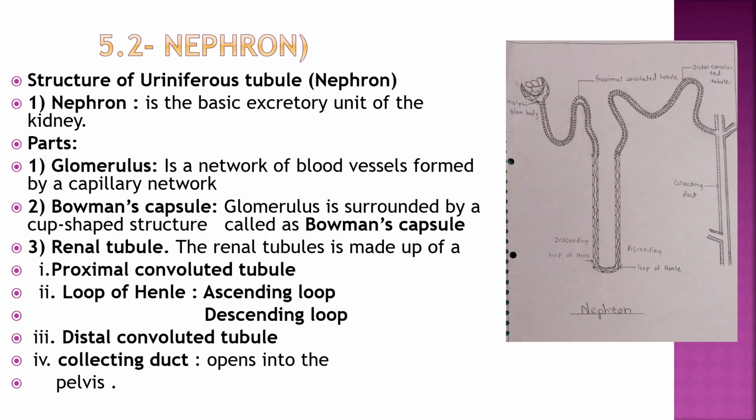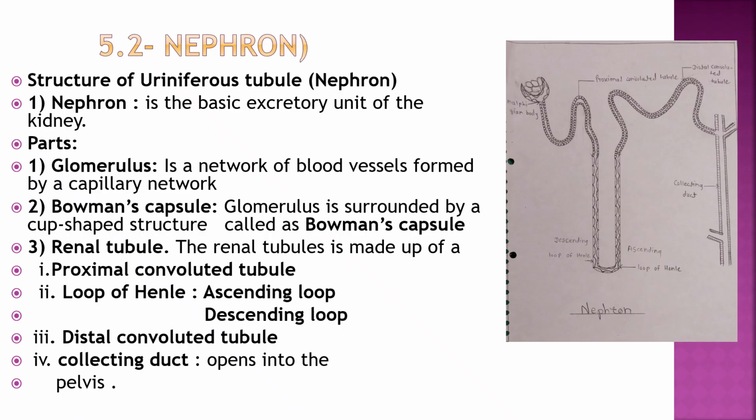The unit of the excretory system is the nephron, that is the uriniferous tubule, and you can see this diagram and the parts. First is the glomerulus, which is a capillary network, then Bowman's capsule, which is a cup-shaped structure at the start of the tubule, then the renal tubule, which consists of the proximal convoluted tubule, which arises from the Bowman's capsule,